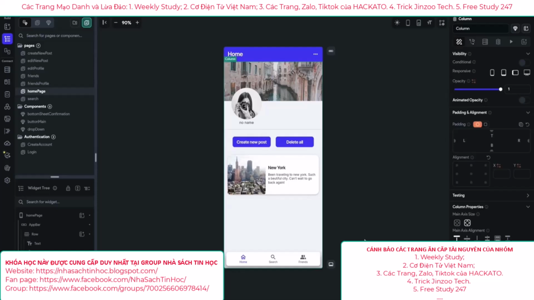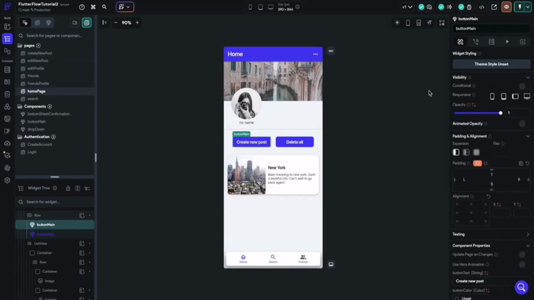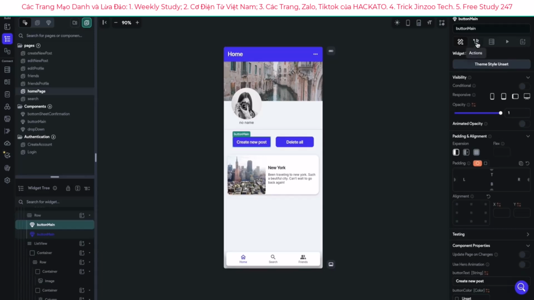In this lesson, we'll be creating a new post and saving it to our Supabase backend. So first things first, let's link a create new post button to a create new post page. So we click on a button, and then normally what we would do is go to the actions and add